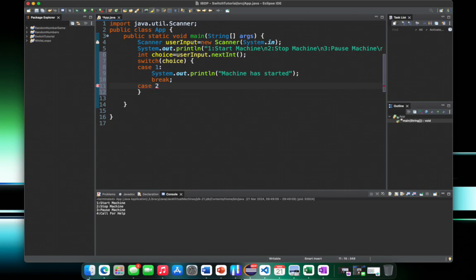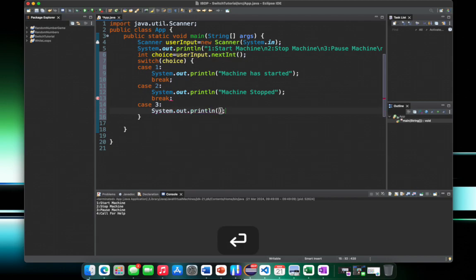case of 2, and then we can put machine stopped, and then break again, and then case 3, I can say case 3 again, pause, machine paused, break,